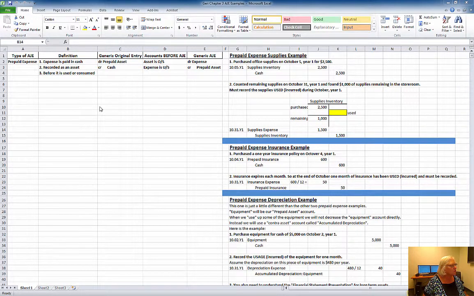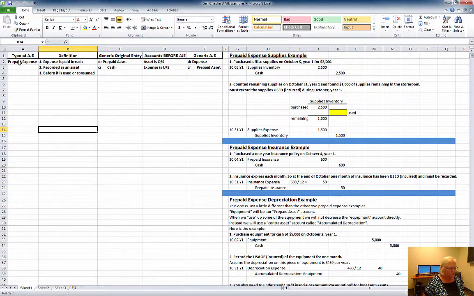For this video, I want to explain an adjusting entry for prepaid expenses. So there are 4 different kinds of adjusting entries. We have prepaid expenses and revenues, and we have accrued expenses and revenues. And my plan is to do a very short video for each of the 4 different types of adjusting journal